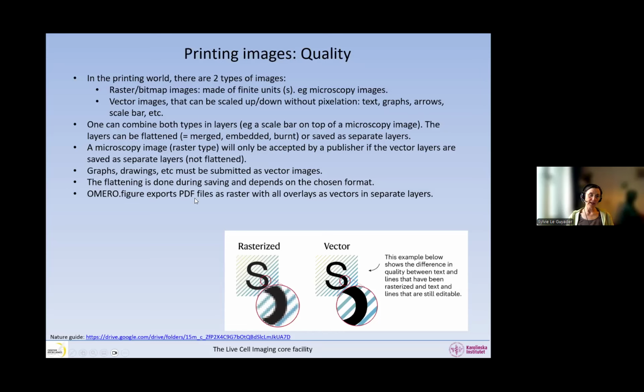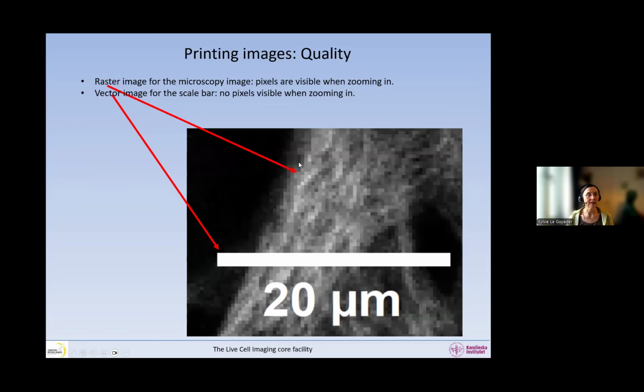OMERO.figure exports PDF files with the raster image and all the overlays as vector image. So the images that we are getting from OMERO.figure are perfect to send to publishers. In OMERO.figure, do not save as TIFF, because then it flattens the whole thing. Save as PDF files, then it's correct.